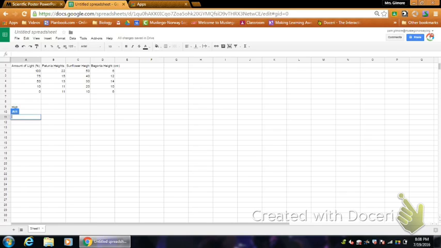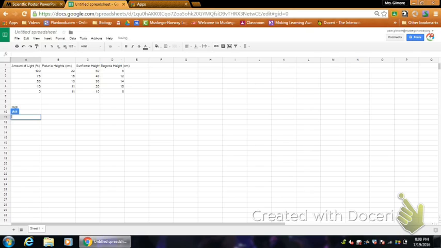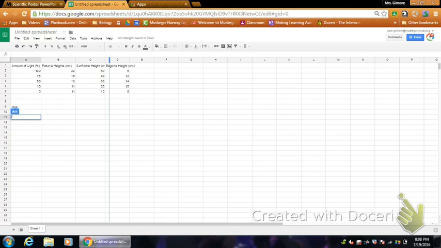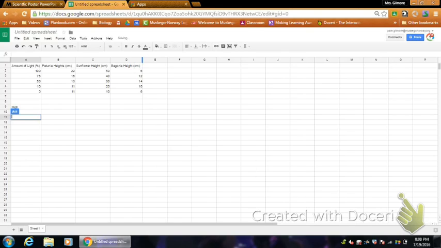And then I have some also made up heights for three different types of plants. And I did put the units. So these are going to be the things that are plotted against each other. And our y-axis is plant height. Basically, that's the dependent variable. The data is your dependent variable. That's the thing that you measured. And I've got three different types of plants so that we can see that in comparison